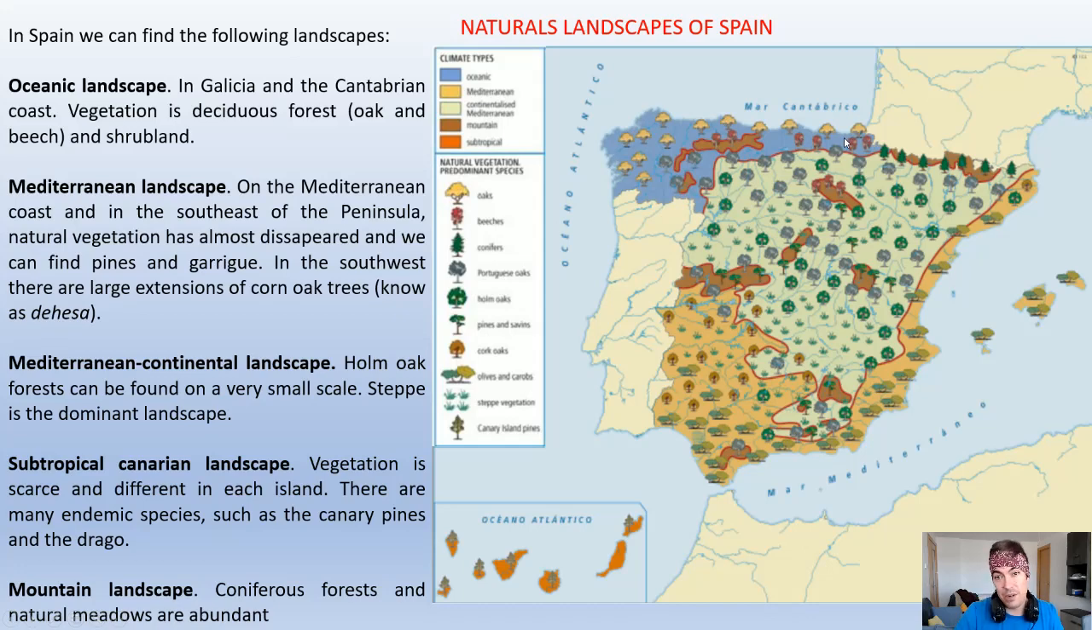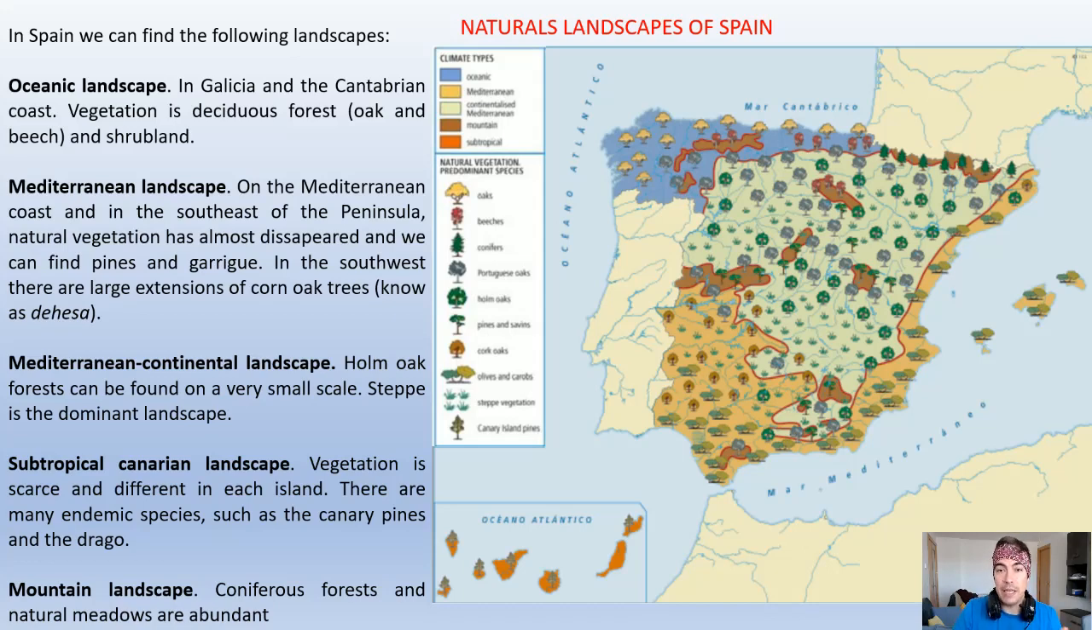because it's an oceanic climate. Then we have the Mediterranean landscape here in orange, which affects the eastern coast of Spain, the southern coast, and the southwest of Spain. The natural vegetation here has almost disappeared, and we can only find some pines and garlic. In the southwest, in this region, there are large extensions of cork oak trees, alcornoques, and this particular landscape